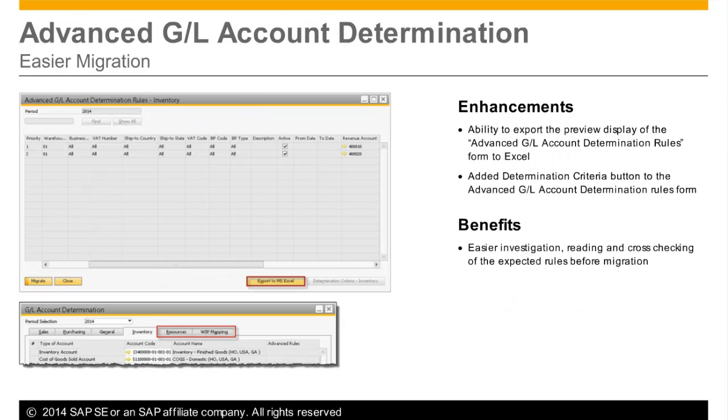Advanced GL account determination has already been around for some time, but to round up the migration process from earlier releases, there now is an option to export the determination rules to MS Excel. This can be used, for example, when wanting to check the future settings with the company accountant. For the advanced GL account determination itself, new tabs for resources and WIP mapping have been introduced. WIP mapping can be used, for example, to map the accounts associated with production of a component to a larger